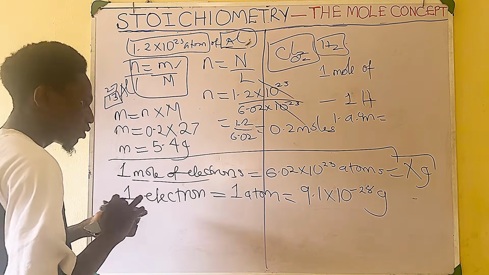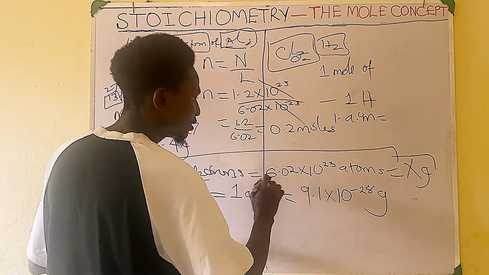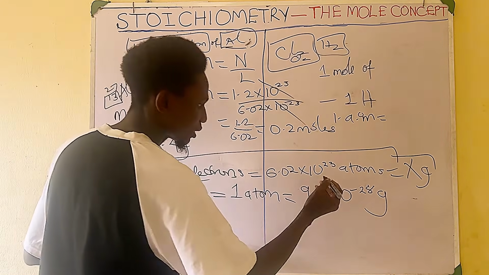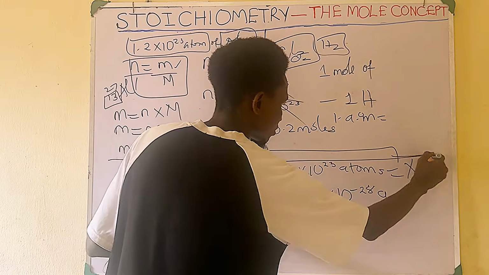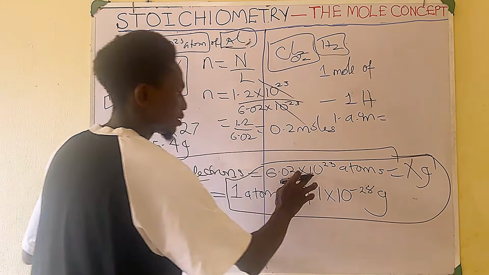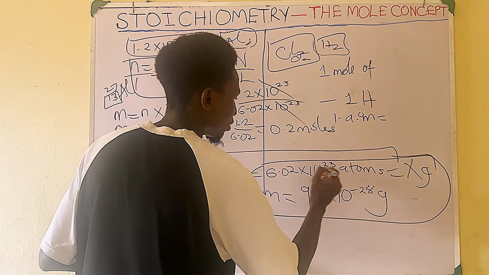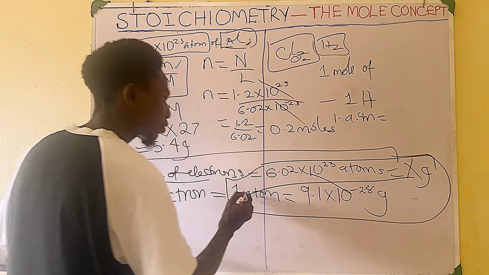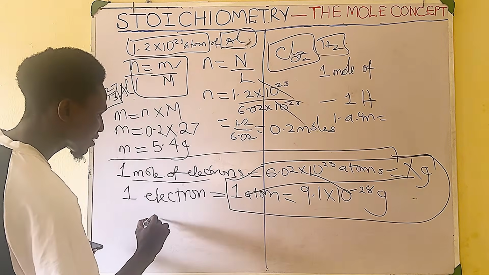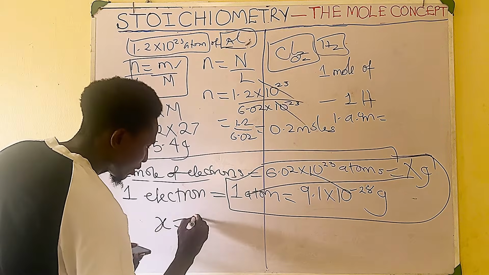So from there now, we have X. So our relation now, we're going to be relating these two. Although they're not close to each other, you know that this and this are what are relating: mass, atom, and mass. So what do you do now? You cross multiply. Here comes here. You're going to have X. X times 1 is obviously X. So now 9.1